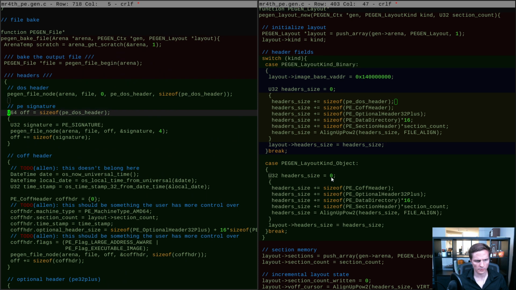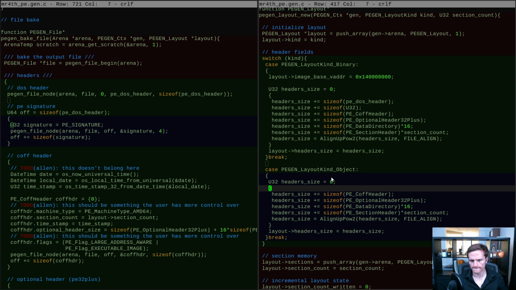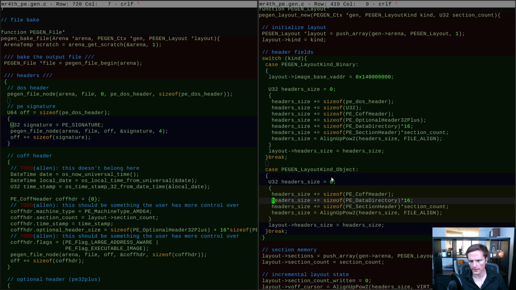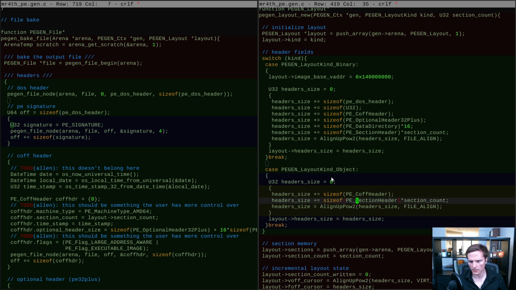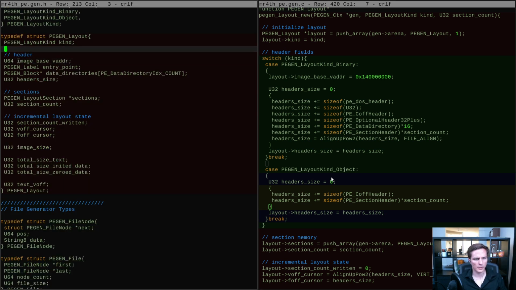PE signature. We don't do that over here though. We do COFF header, no optional header, no data directory, section header, section count, and then we don't do an alignment. Okay, so